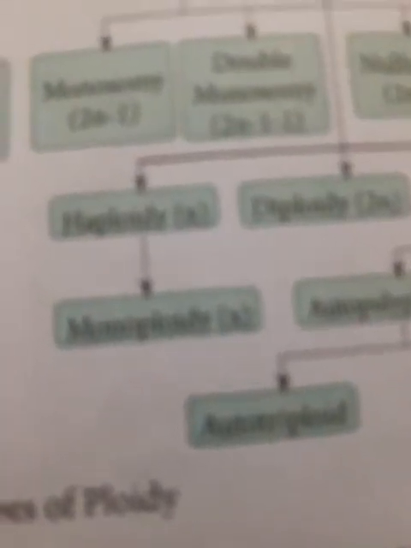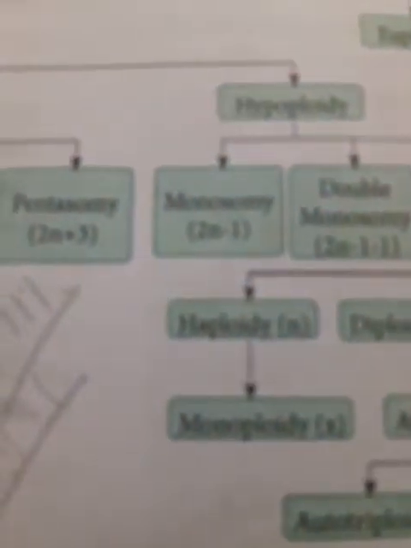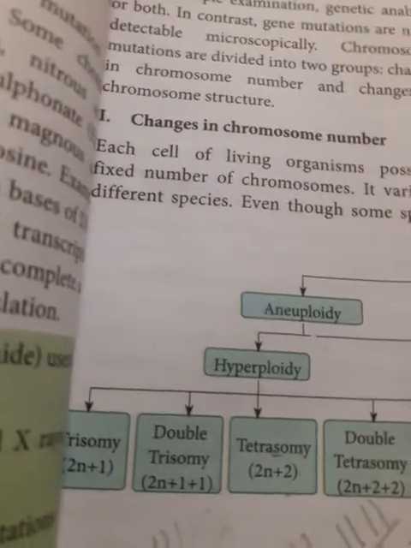Now next, these are all called hypoploidy. Hyperploidy and hypoploidy together are called aneuploidy. Now this is the expression. Only keep in your memory this schematic presentation. What the expression is, that will be enough.